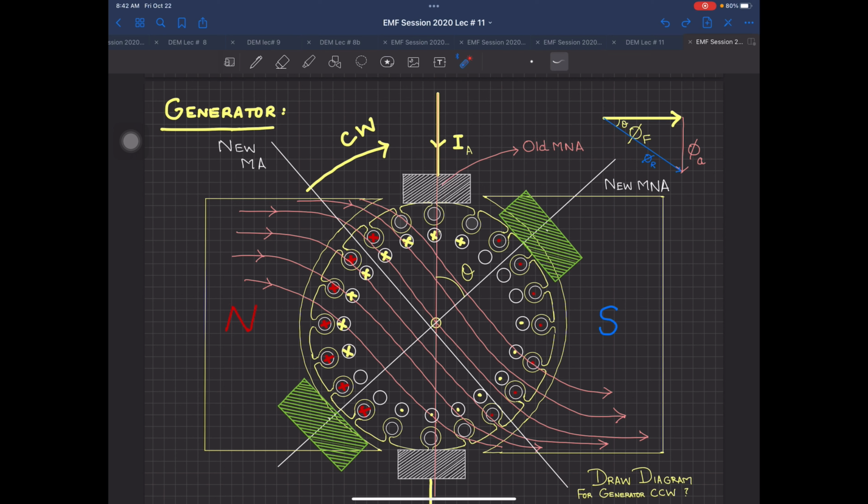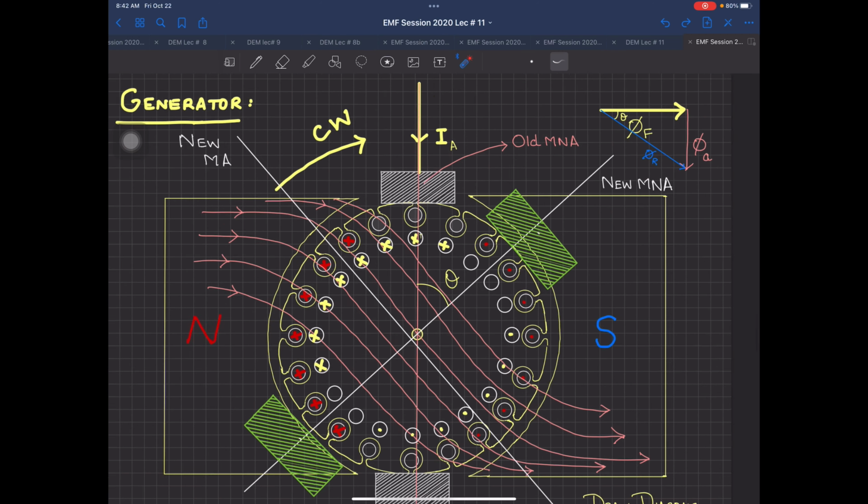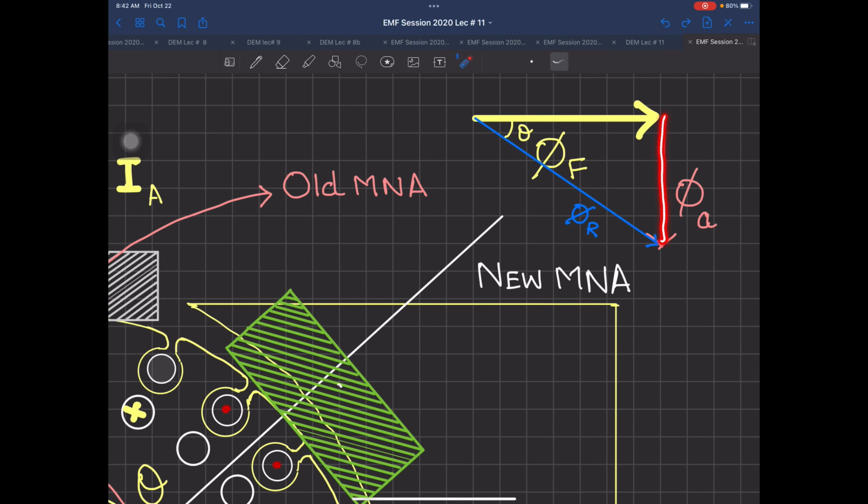So this means this is my B, this is my force F on that conductor, this side conductor I am talking about. So this will move in the clockwise direction. So these fingers are going inward of the board. So there is a cross over here in this conductor over there. Now when this cross is there and there is a dot over there in these ones, so what happens? You use your right hand rule. This tells you that phi A is downward, and this is shown over here in this diagram. Your phi A is downward, your phi F is in this direction, your resultant becomes like this. So now this is phi R.